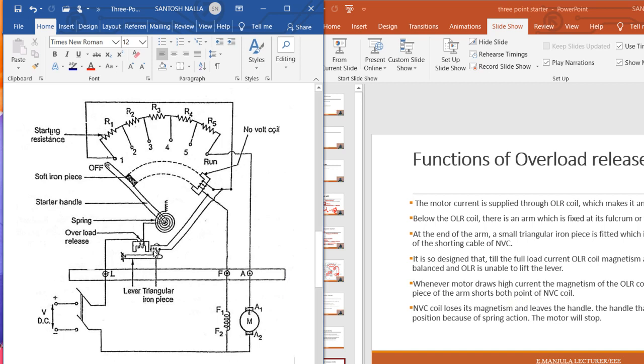So this will short. So what happens? We'll see. Once the high current is flowing through the line, this is pulled up and is going to short